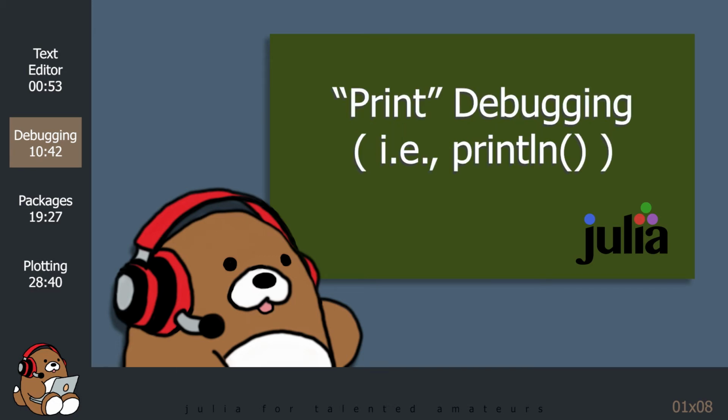3. Use print debugging. Use the println function inside of your functions. Use the println functions inside of your loops. Use the println function to display inputs, outputs, and parameters. Note that the println function within your functions will slow down your programs, so be sure to comment them out with a hashtag once you've debugged your program.